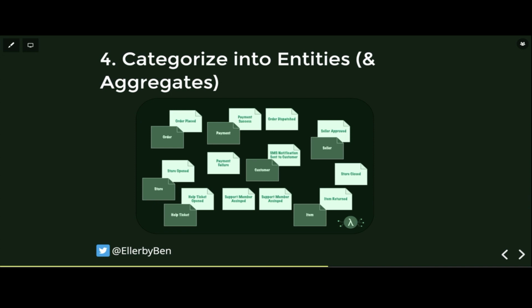But the key here is to find the nouns, the names in those events, and using a different colored post-it note to put those onto the board. Now, formal event storming has stricter rules about the colors of the post-it notes, as we're not putting all the different types onto our board and really focusing on the events and the entities. I think it's fine just to use at least 2 different colors here, but then putting those entities near the events that involve them. And you can put the same entity twice if it's involved in quite different events.